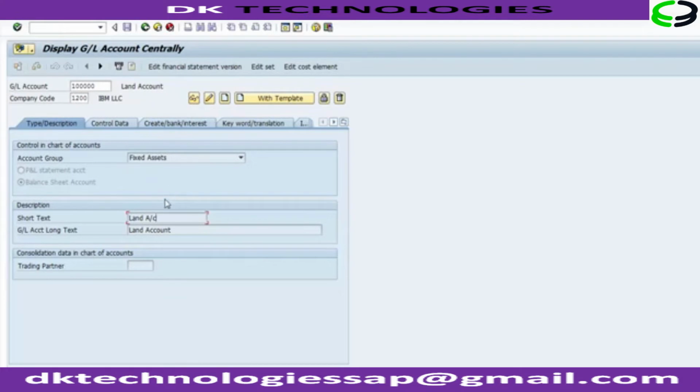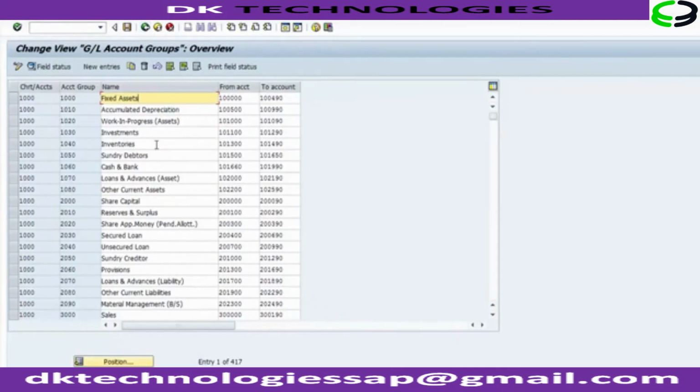So this is how we created the land account. Similarly, you can create more. So let's go back again and create something else. Suppose now I want to create a bank GL. So for bank GL, I need to take the grouping from